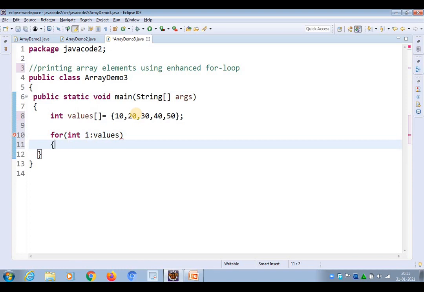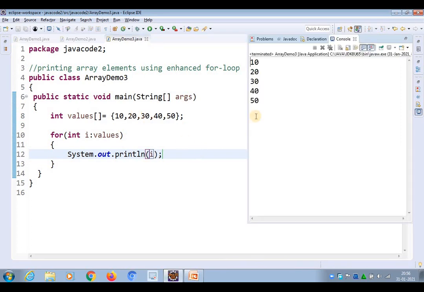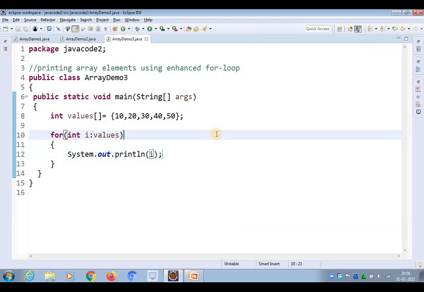That's enough. Later I am going to print its elements by using i. Now try to run this one using Ctrl F11. Yes, it is printing the elements 10, 20, 30, 40 and 50. This is the easiest way to print the elements by using the enhanced for loop. I hope you enjoyed the code.